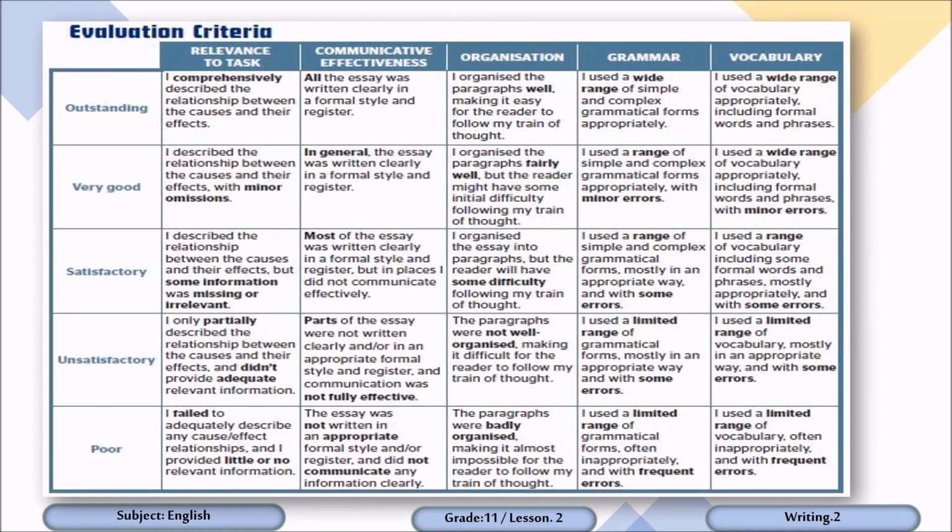Dear students, now let's have a look at the evaluation criteria. Evaluation criteria is very important before writing your cause and effect essay because it gives you a full picture of what you should follow in order to get high marks. At the same time, it shows the way that your essay is being corrected. So, in order to get outstanding marks, you need to